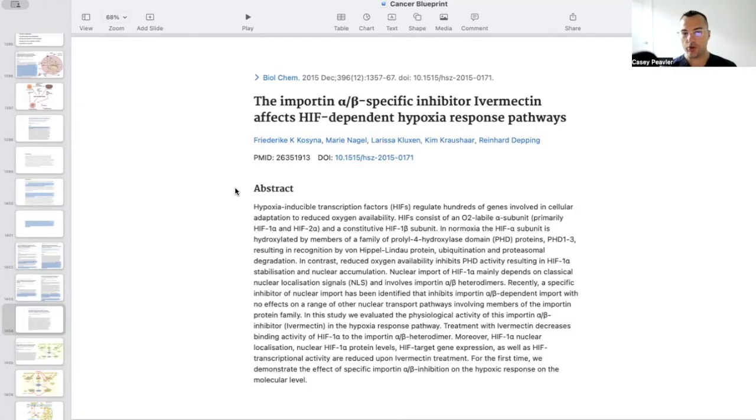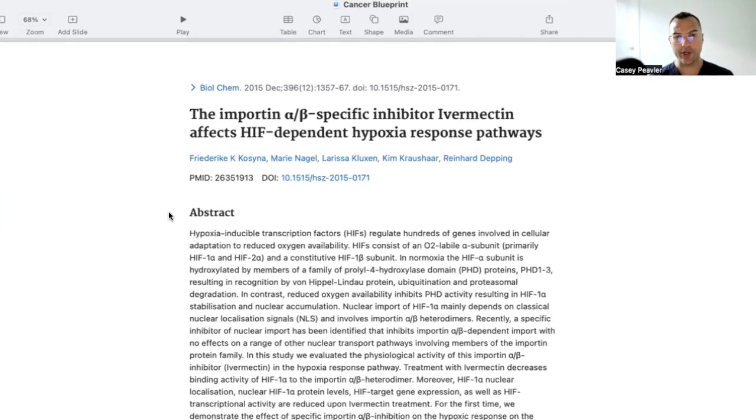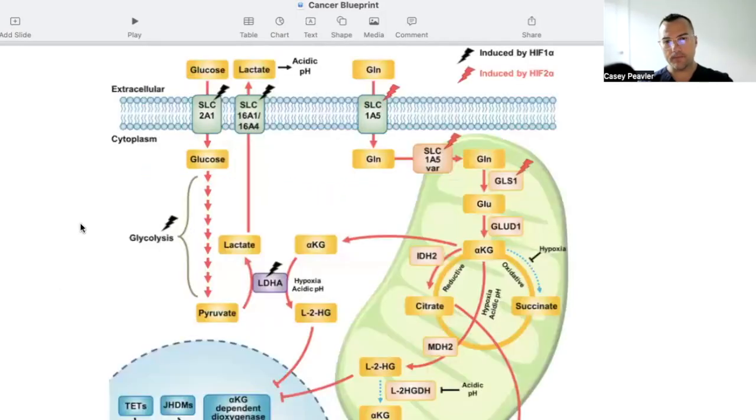Treatment with ivermectin decreases the binding activity of HIF1 alpha to the importin alpha/beta heterodimer. Moreover, HIF1 alpha nuclear localization, nuclear HIF1 alpha protein levels, HIF targeted gene expressions, as well as HIF transcriptional activity are reduced upon ivermectin treatment. For the first time, we demonstrate the effect of a specific importin alpha/beta inhibition on the hypoxic response on the molecular level. So this is pretty critical because we're going to see here, and this is a graphic that